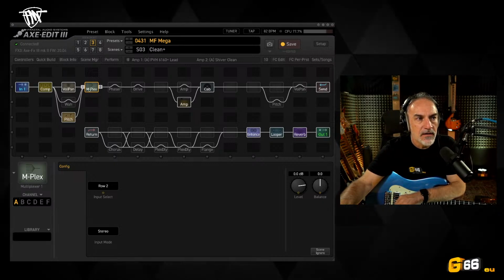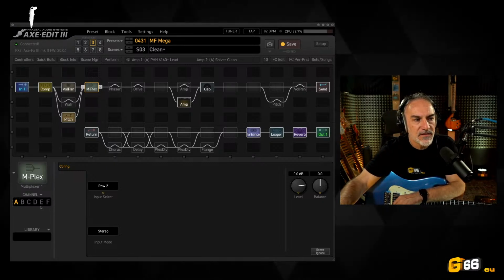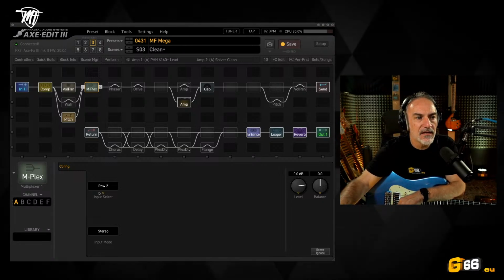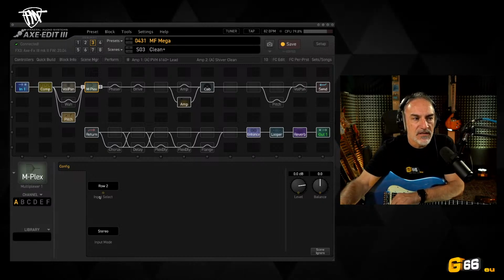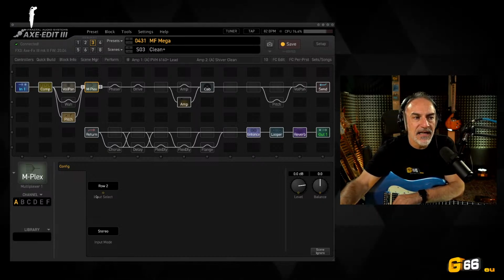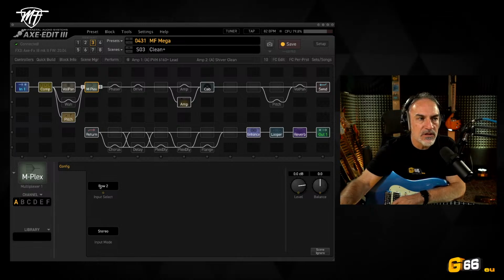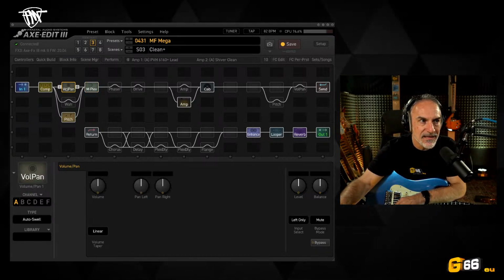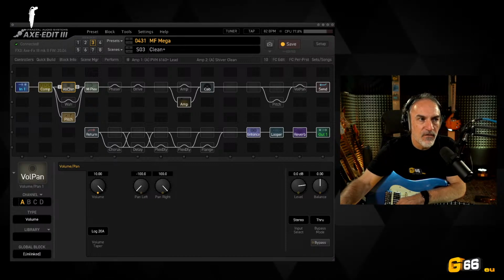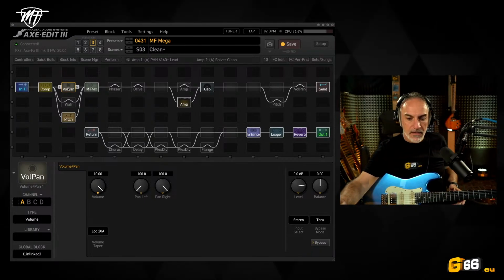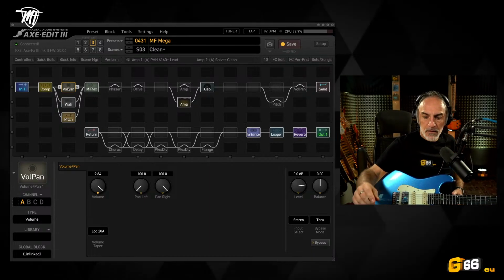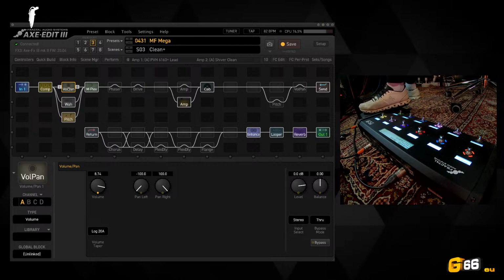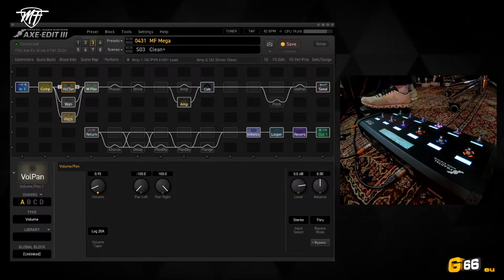Okay, let's imagine Plex has up to 6 channels, and the parameter of the Plex is the input select. For example, in the A channel, I get the input from row number 2. That means row number 2 is this one, so the signal comes from the volume pedal. So if I switch on the camera on my FC12, as you can see,